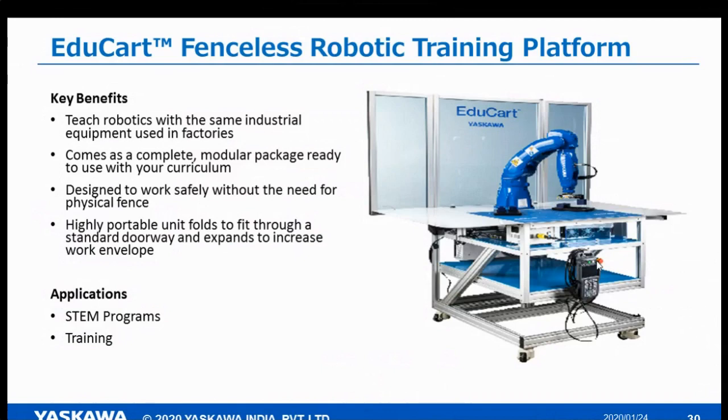Four years before, Yaskawa did not have a single robot in education. Now we have more than 70 robots in the education sector, and we do a lot of value addition to connect the industries with the universities directly. Yaskawa has its own academy in Europe, the US, and Japan. In India also, we are starting the Yaskawa Academy very soon. These are some of the global Yaskawa presence in education.